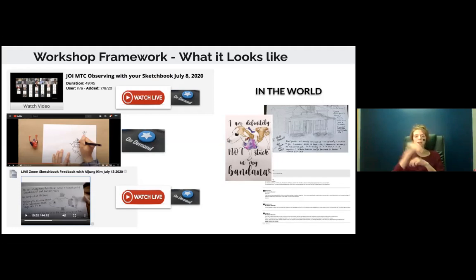And then the in the world components. So she had them do 3 activities kind of on their own, and then she gave, let's see, page 7, the sketchbook prompts. There she had people go out in the community and they had to do 4 or 5 of those activities. And then she gives reflection questions. But the very last page is the evidence chart, which Lisa's going to go into in more depth.